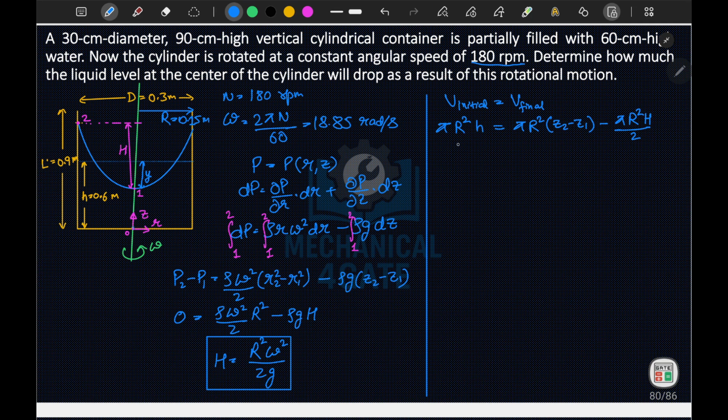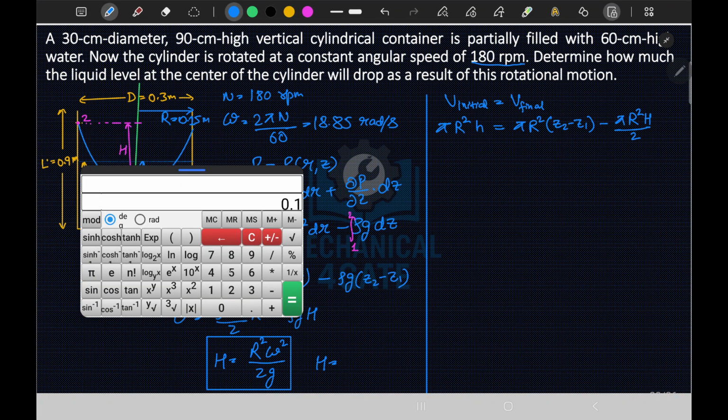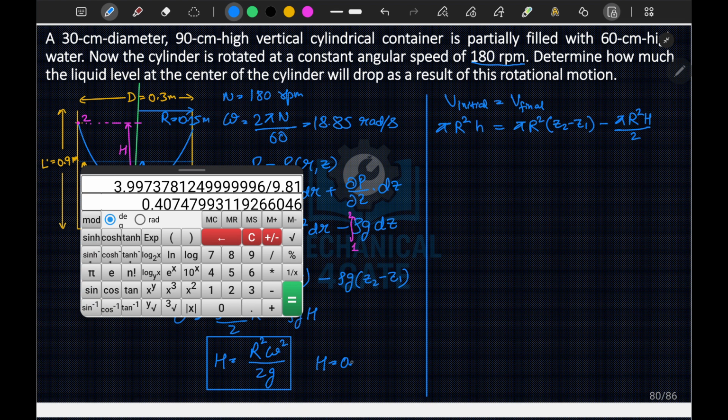So let's first calculate the value of h. So h is equal to r square, that is 0.15 square, times omega square, which is 18.85, divided by 2 divided by 9.81. And this h is equal to 0.407 meter. And if we substitute these values here,